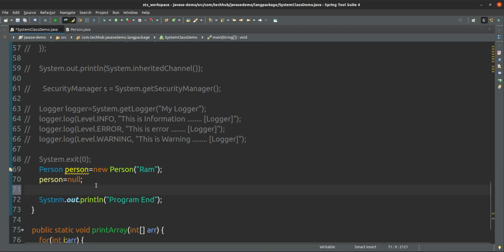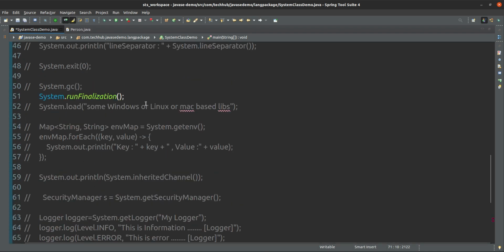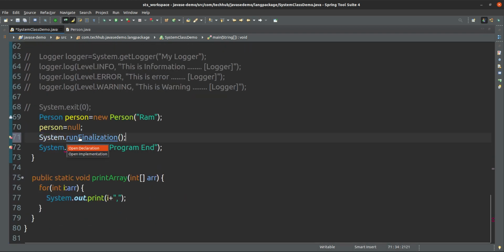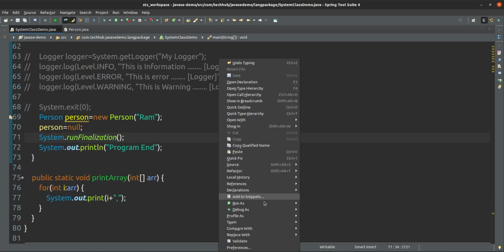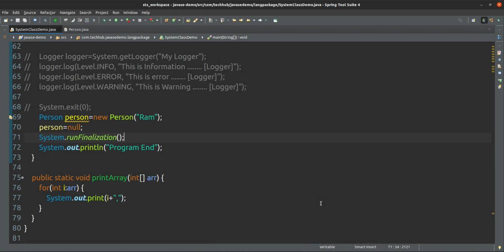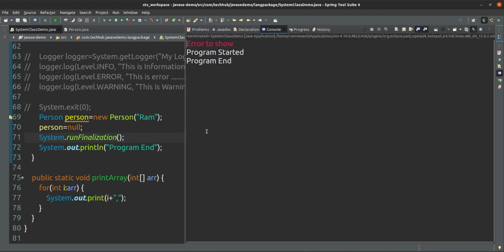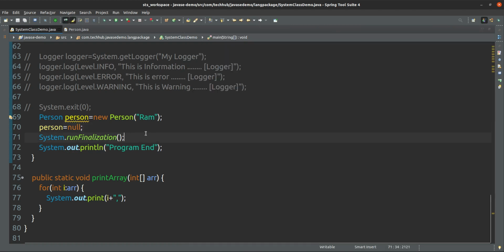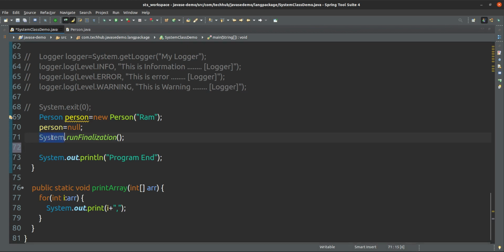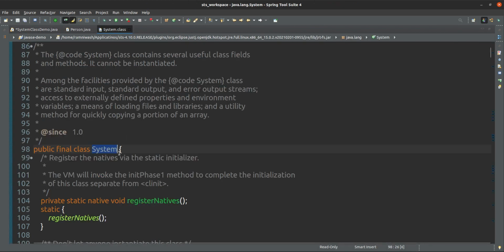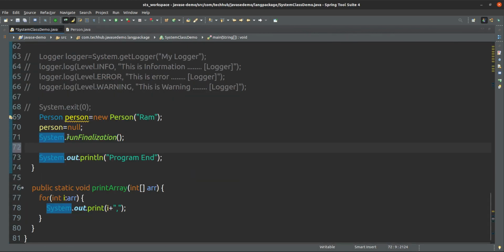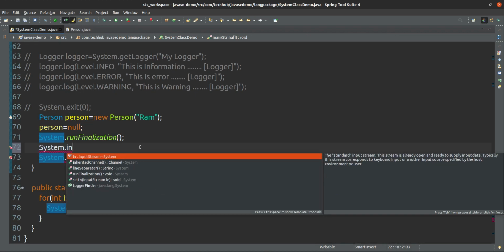Now I am applying System.runFinalization here, but it is not calling. It is not guaranteed that your JVM will call it, because the JVM knows that there is no memory issue.